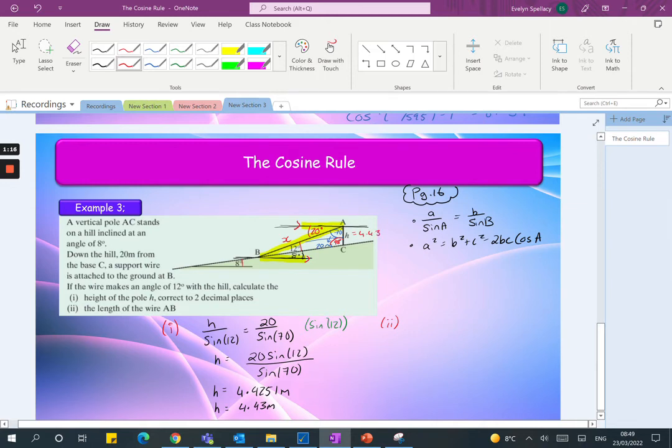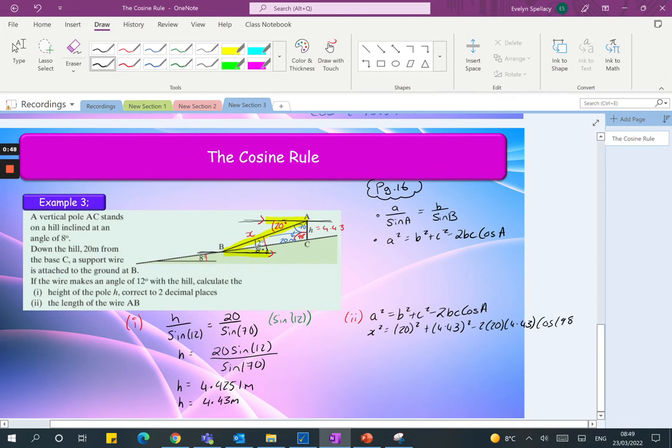I know H now is 4.43, so I'm going to use my cosine rule. So I have a squared is equal to b squared plus c squared minus 2bc cos of A. I'm looking for this side, which is opposite the angle 98, so I get x squared is equal to 20 squared plus 4.43 squared minus 2 by 20 by 4.43 cos of 98. So again, now I can type this whole side into my calculator. So I have 20 squared plus 4.43 squared minus 2 by 20 by 4.43 cos of 98,